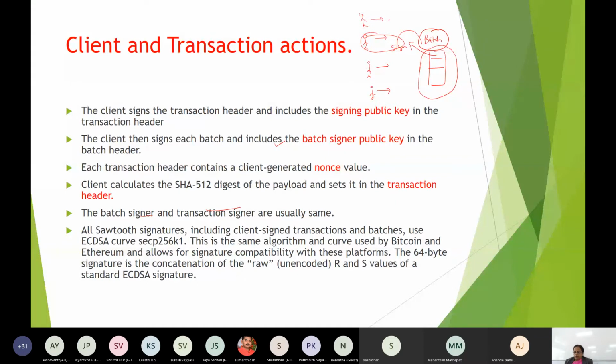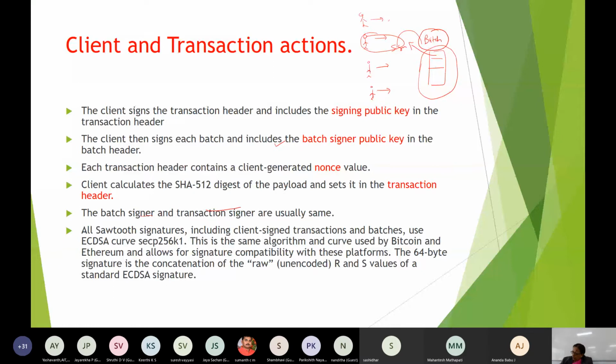Now I am again relating to the ECDSA algorithm. It allows for signature compatibility, with a 64-byte signature concatenated into R and S values in the second algorithm here. Okay, the first algorithm was public key and private key generation. The second algorithm, generating the digital signature, will give two outputs, right?